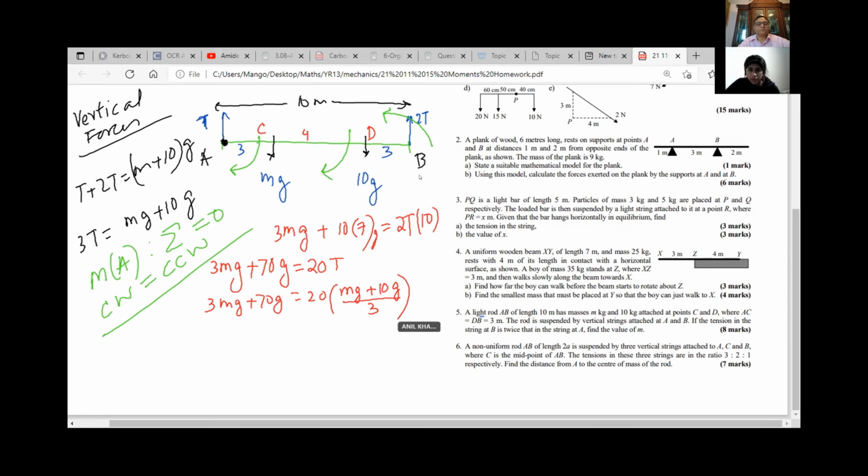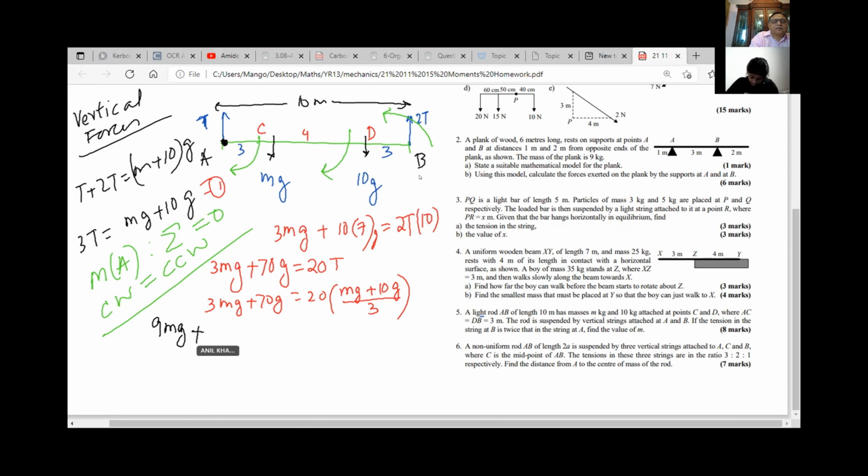You're substituting from equation 1. I divided by 3 and wrote it. Is it okay? Let's simplify this. Let me multiply everything by 3 to get rid of the denominator, the fraction. So we get 9 mg